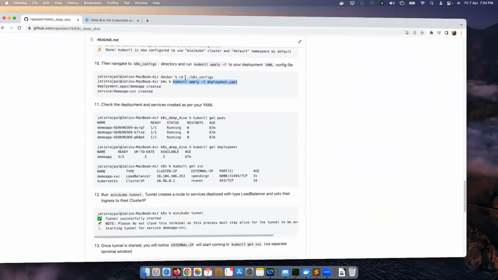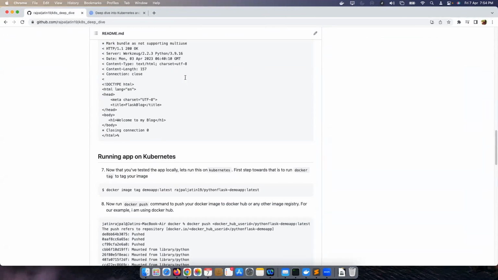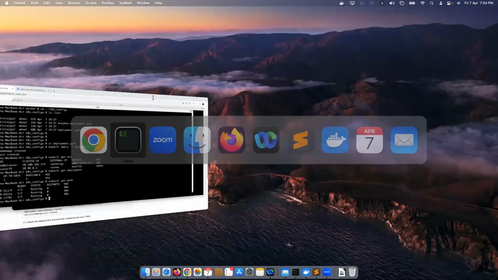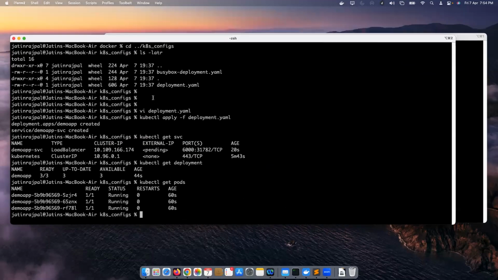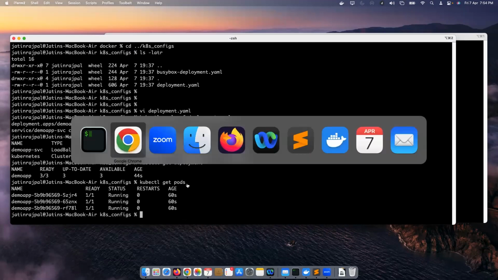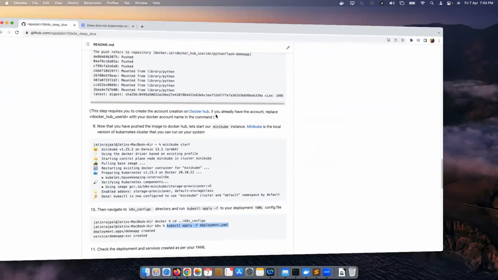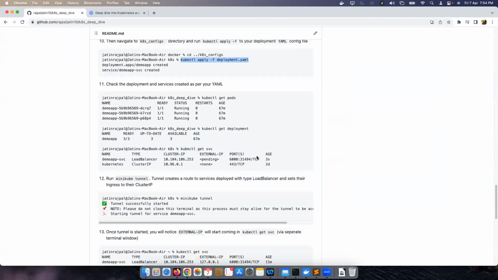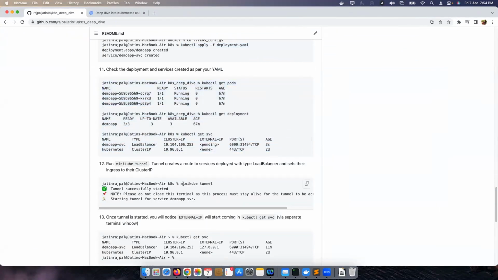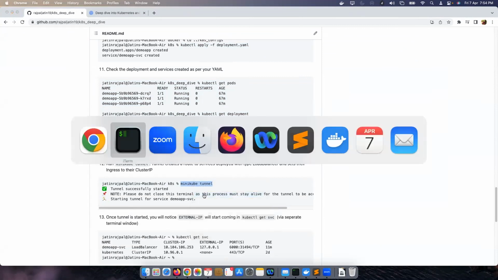Again, a different concept. I don't want to get into that, but essentially from inside Kubernetes, I'll be able to access my service, but externally I'll not be able to, because my external IP is not there. I need an ingress controller and things like that for that. For Minikube, I think we have a way. We have something called Minikube tunnel. I've done all these validations as listed as part of step 11. Then we can just use the tunnel, which basically makes it available externally. It's one of the Minikube-specific commands.